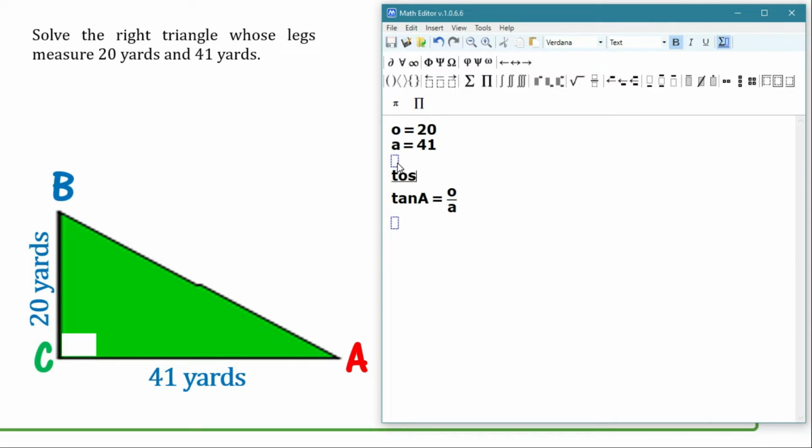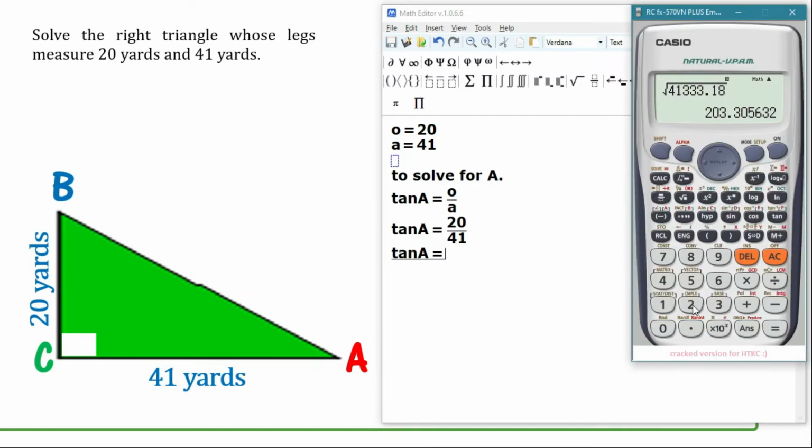Okay? So, labelan lang natin to para hindi tayo malito. So, to solve for angle A, the tangent of A would be equivalent to, since hindi natin alam yung measure ni A, at yun yung hinahanap natin, the tangent of A equals our opposite side, 20 yards, over the adjacent side which is 41 yards. By simplifying this one, we have the tangent of A equals 20 over 41, or 20 divided by 41, that is equivalent to